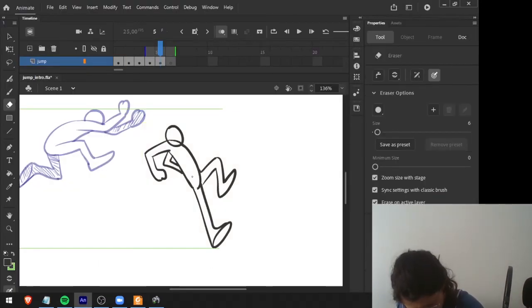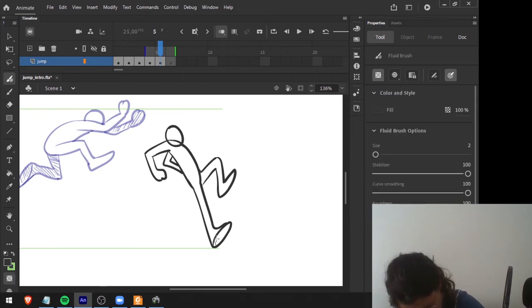First, I will make this one. So I'm stretching this leg, it's already touching the ground. Once again, I'm showing here the sole. Now I'm showing this sole instead of this one because he's making this effort of touching the ground.